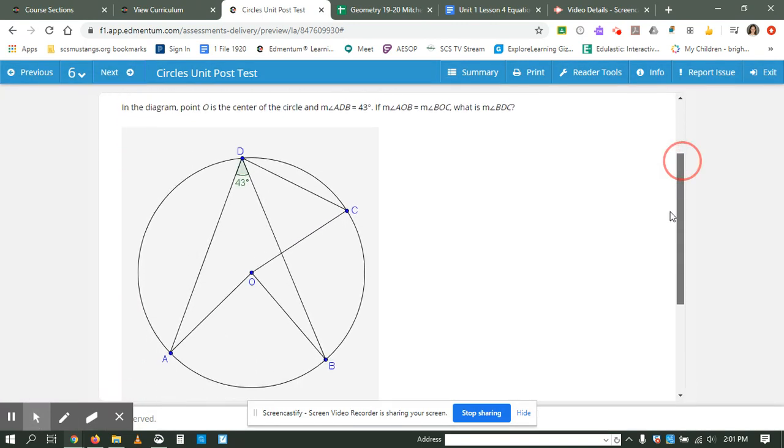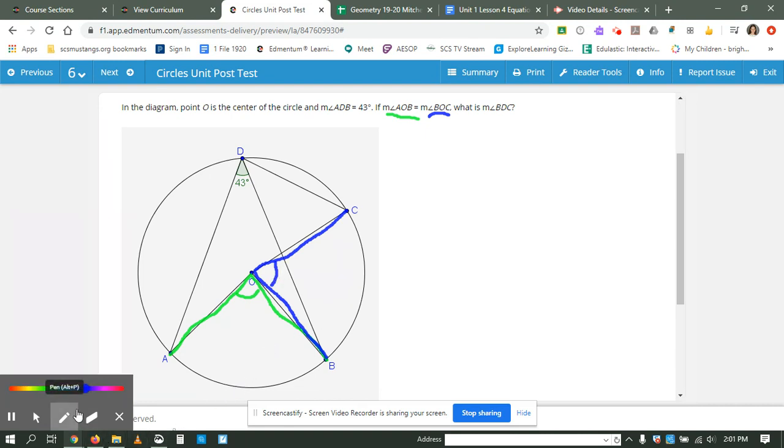Number 6. This is another one of relating angles to each other and remembering the rules. So they tell us that point O is the center of the circle. They tell us that our angle ADB is going to be 43 degrees. And then they tell us that if AOB, this angle right here, is going to be equal to my BOC, that angle right there,